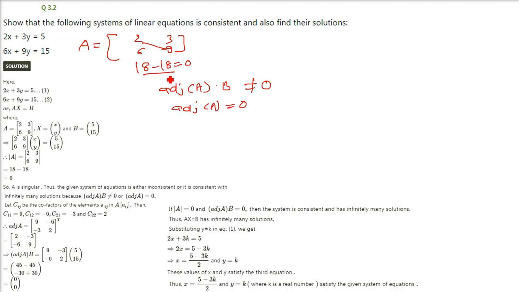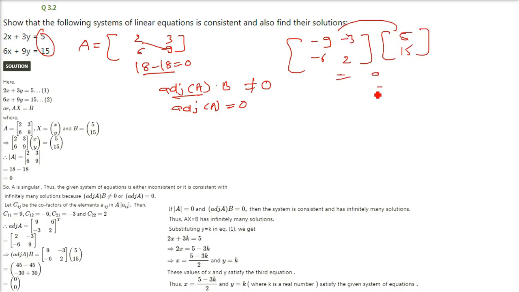We'll talk about that. The questions are coming. But right now, determinant of A equals 0 and adjoint of A into B equals 0 is our main key for these questions. So I am writing the adjoint and then multiplying it with B, 5 and 15, you get 0, 0. So when you get 0, 0, again, determinant of A is 0, adjoint of A into B is 0,